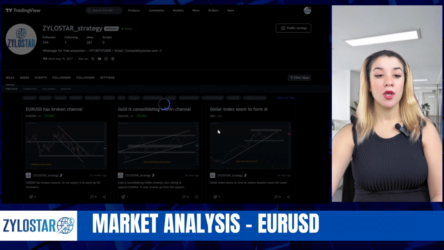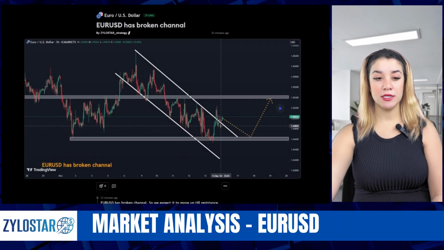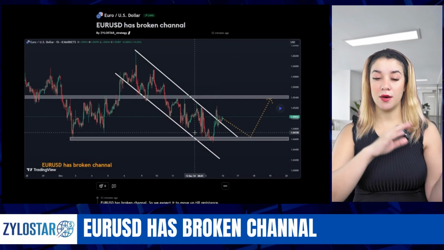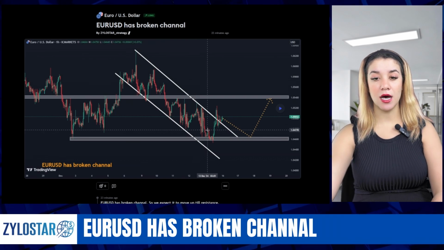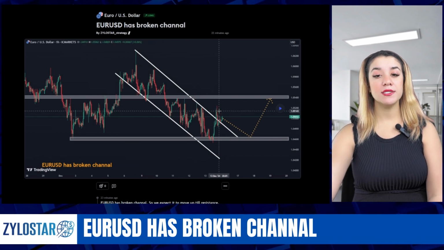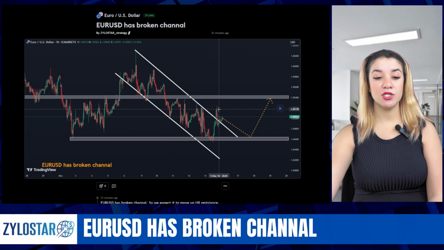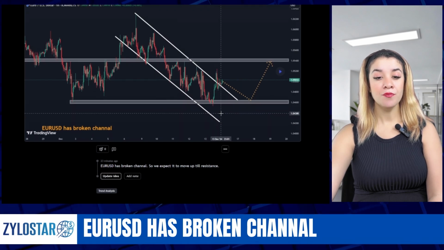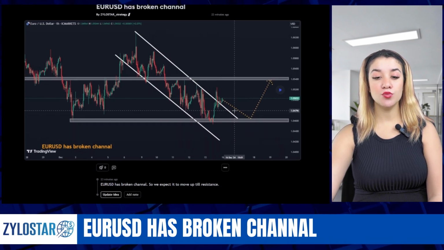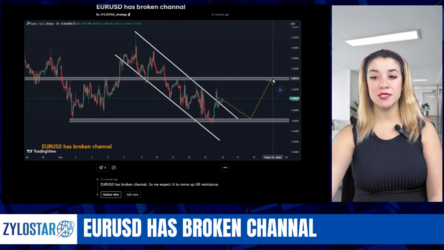As we know, the euro USD also is in the downtrend, like the gold is in uptrend. Euro USD is in a downtrend, and now it's breaking the downtrend channel, and so we expect it to move up till resistance here which is